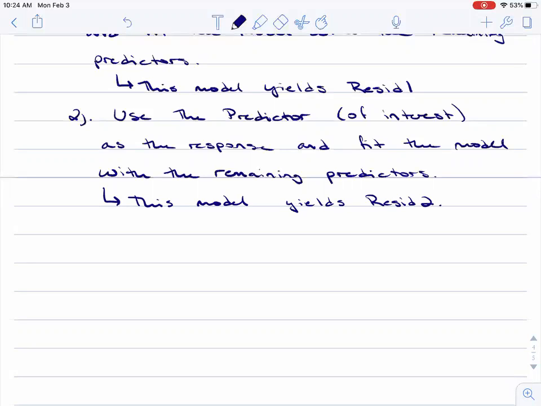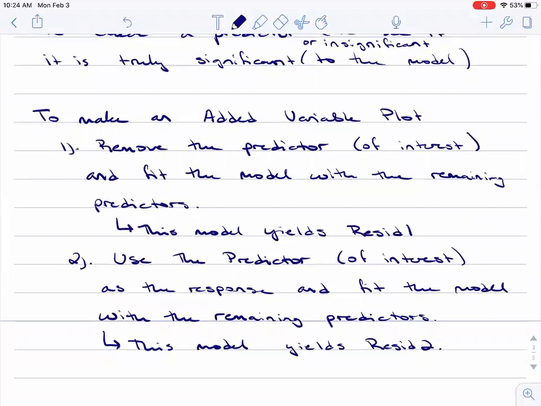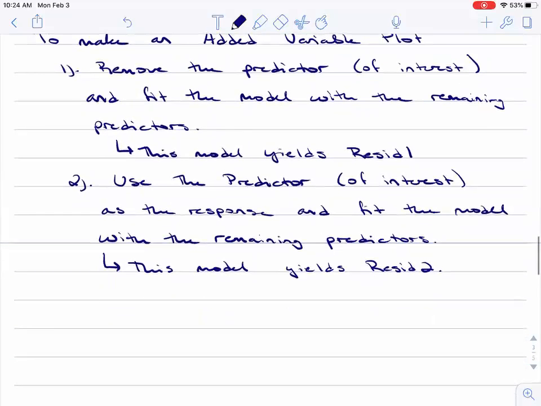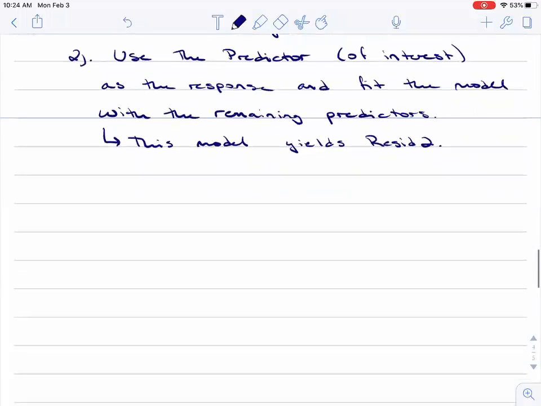And residuals, again, are everything that's not captured by those predictors, all that activity that's not captured by the predictors. So then the actual added variable plot is the residuals from the second model against the residuals from the first model. Okay. So now the third step